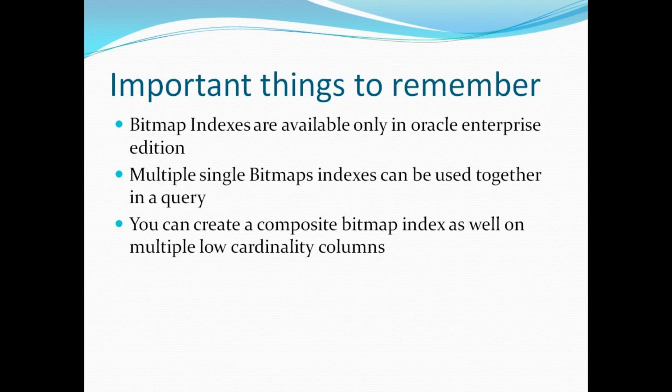Now I have a question for you guys. In our previous examples, we had two low cardinality columns on which we created bitmap indexes. Do you think it will make more sense to create two single bitmap indexes on those columns, or a single composite bitmap index on these columns? Give your answers in the comments section, and we will discuss which is the better option and in which condition we should use multiple single bitmap indexes or a composite bitmap index.